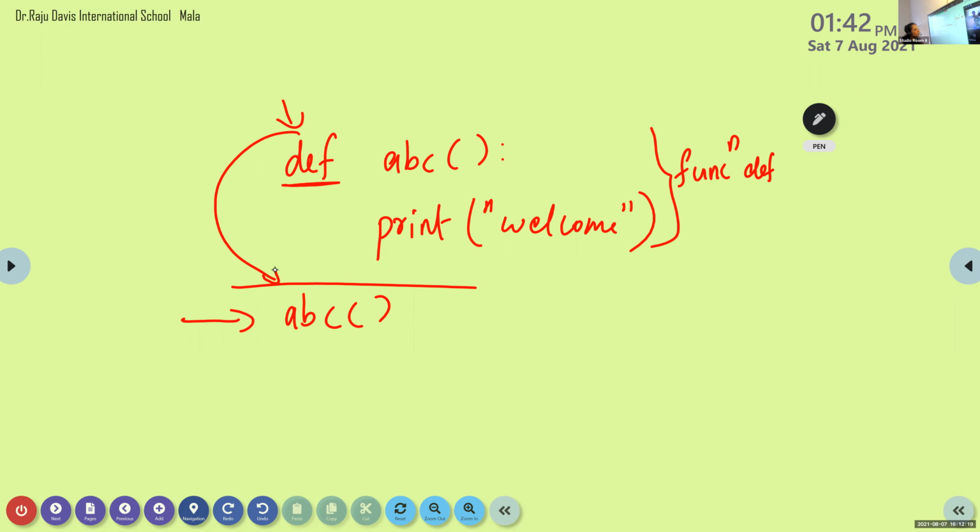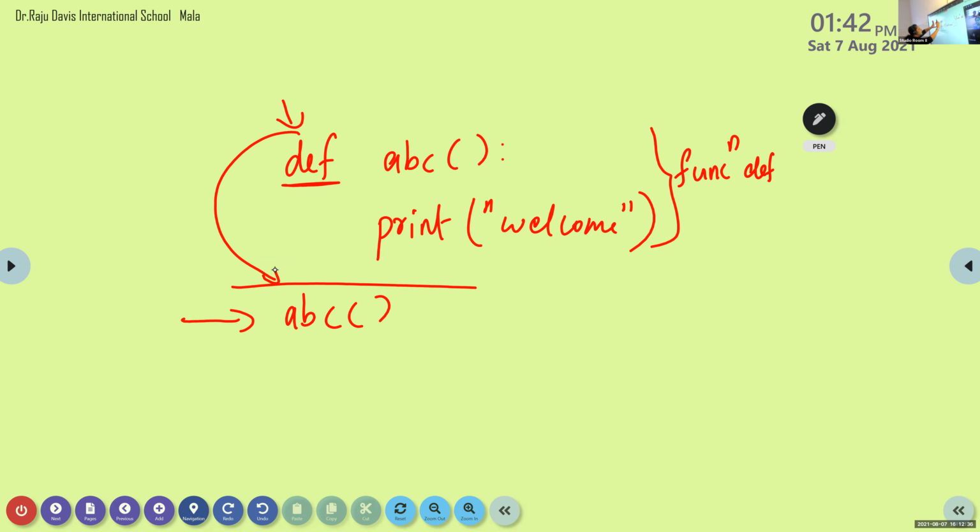That is the main statement of the program. This is the starting of our program, not this one. This is the definition that is used in this main program. This is the definition of the ABC function, and that function is used in the main program.